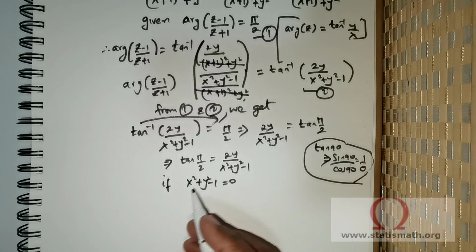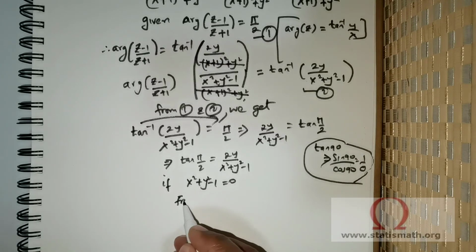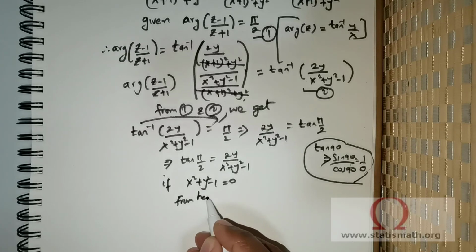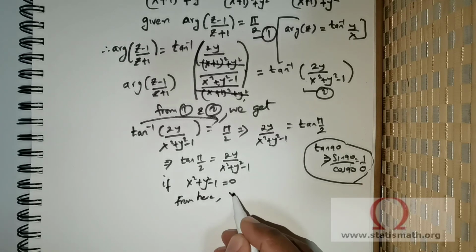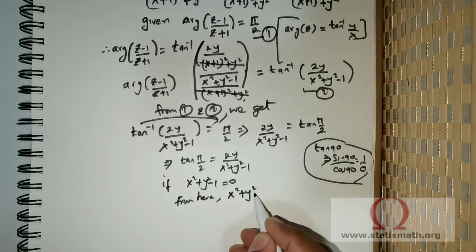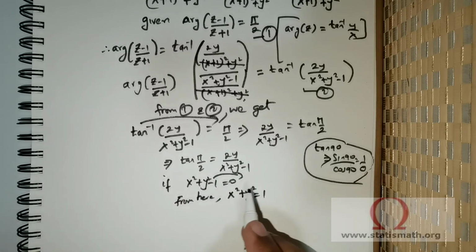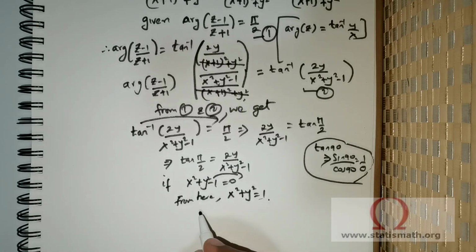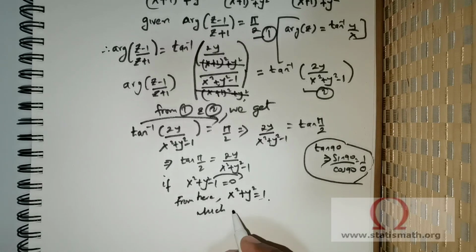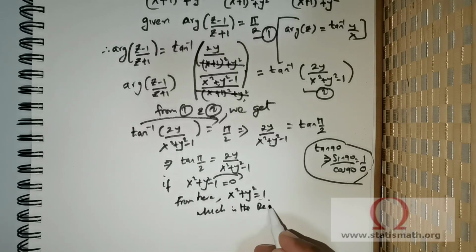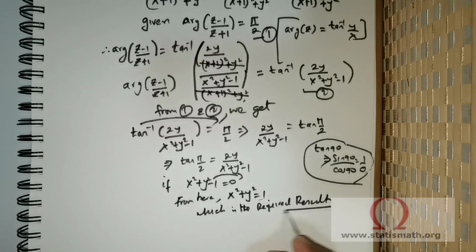From here we can clearly conclude x² + y² is equal to 1, if you move the 1 which has a negative sign to the other side of the equal sign. You get x² + y² = 1, which is the required result. Okay, so that completes the